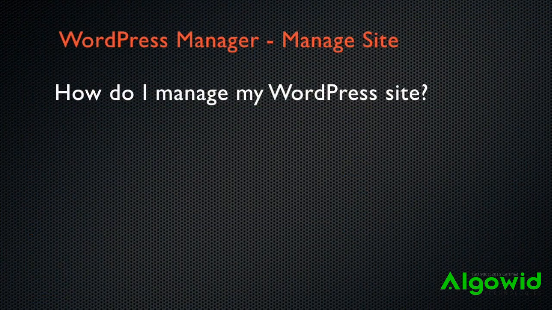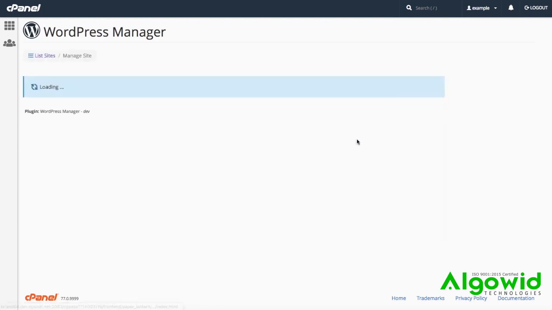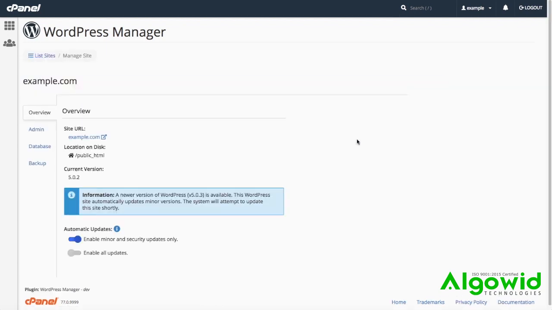Let's look at the Manage Site interface for the example.com WordPress site. To view the different configuration options for this site, we click Manage. A new interface will appear. The Manage Site interface contains multiple tabs: Overview, Admin, Database, and Backup. In the Overview tab, we can see the domain, location on disk, current WordPress version, and the configuration options for